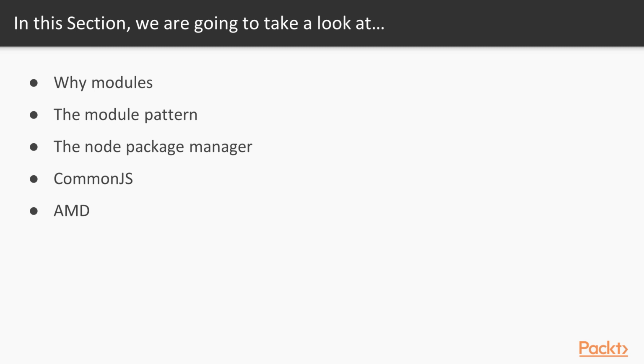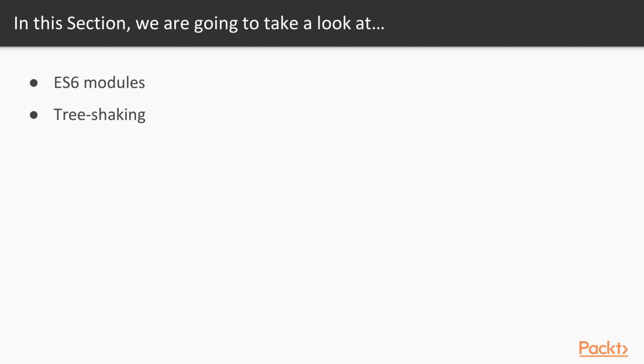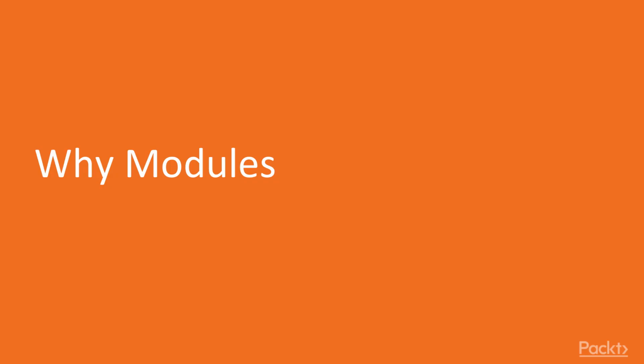We will move on to studying the Node Package Manager and a few common module standardizations, including CommonJS, AMD, and the latest ES6 modules. Finally, we will examine tree shaking and how that can help us clear up the result of our code. In this video, we will study the reasons why you might want to split your JavaScript code